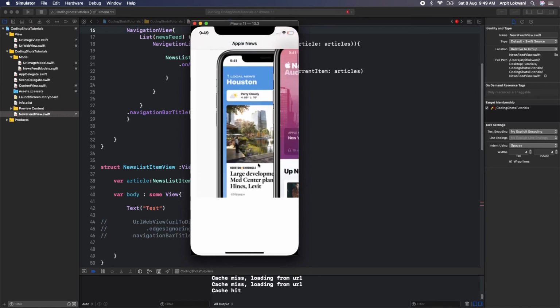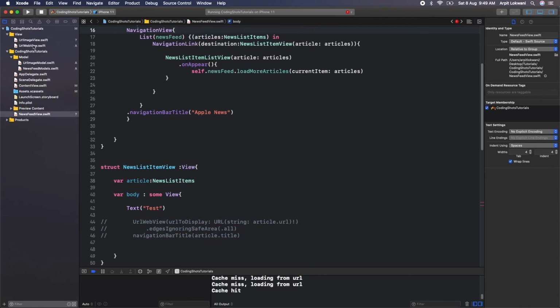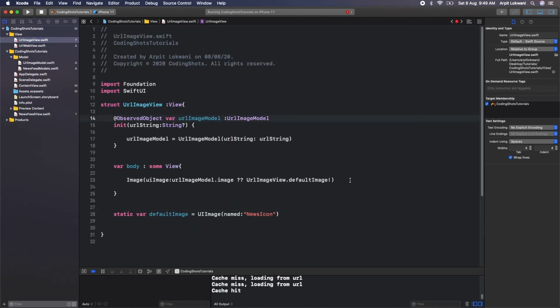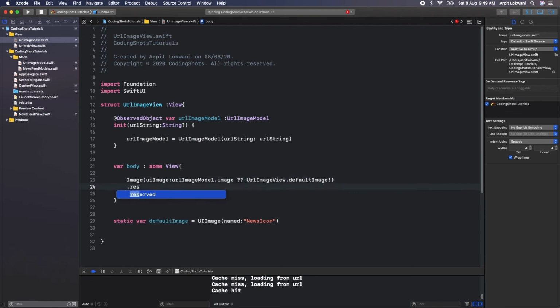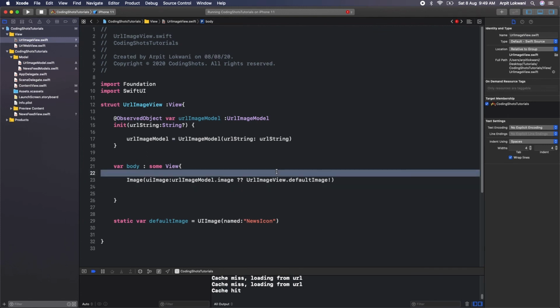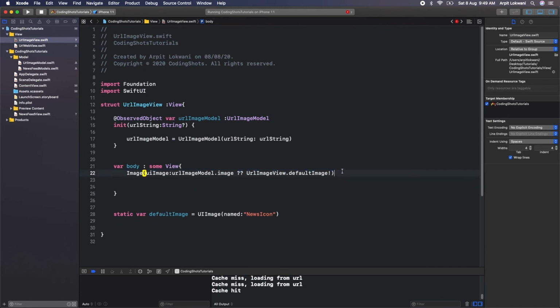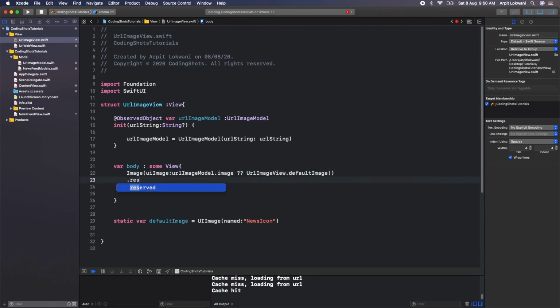So it's very big. And oh, okay, so I think we forgot to complete the body part here because some issues are coming, so we can say resizable. Okay, so we need to add some modifiers. Dot resizable.